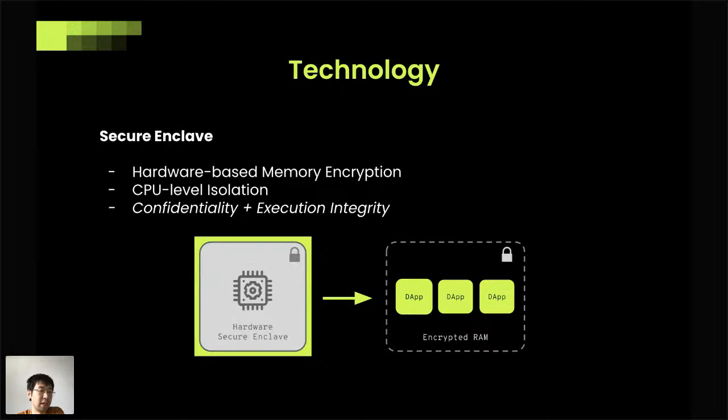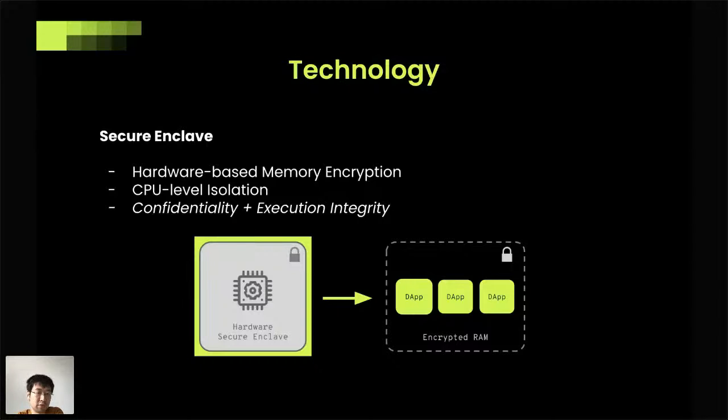And also, it usually contains a special subset of instructions in your CPUs. These instructions can be directly utilized by applications. So even if your operating system is malicious or compromised, your application can still be safe because it directly utilizes the instructions provided by the CPU. So this isolates it from the operating system. With these two hardware features, the most important things that the secure enclave promises are two.